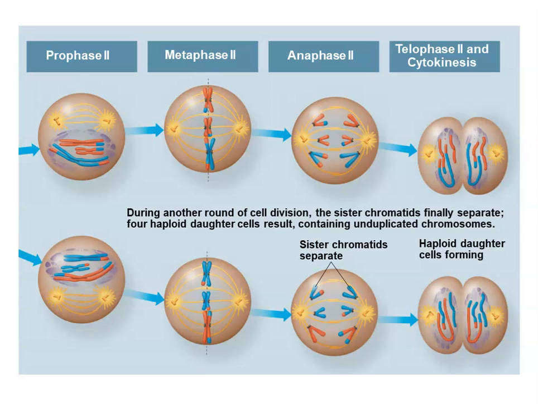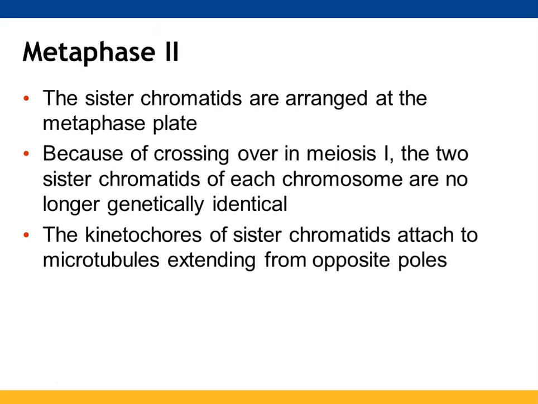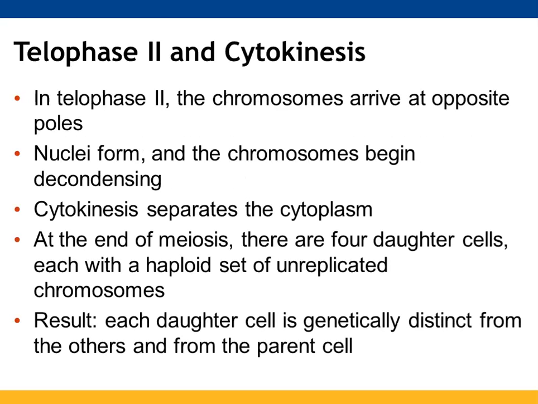And then in telophase 2 and cytokinesis, you're going to have that nuclear membrane form. You're going to have the cells split, and you truly will have a haploid number of chromosomes present in each of the two daughter cells. Again, they're no longer identical anymore because they've had the crossing over take place. So each of these daughter cells is no longer identical to any of the other daughter cells due to that crossing over, due to the synapsis process that led to crossing over.